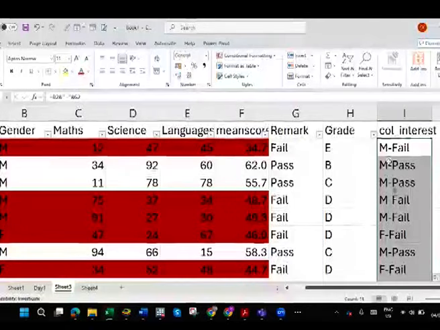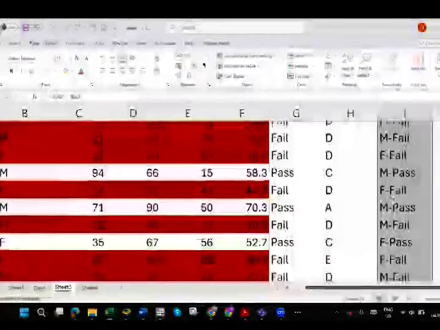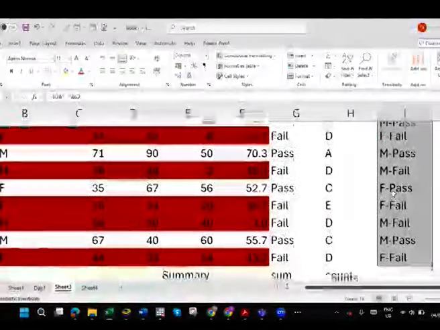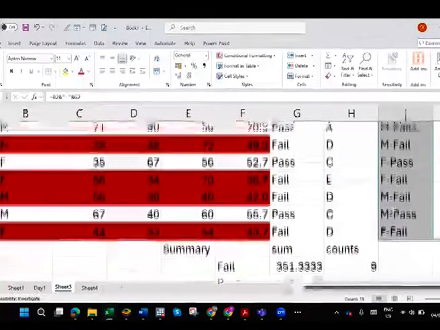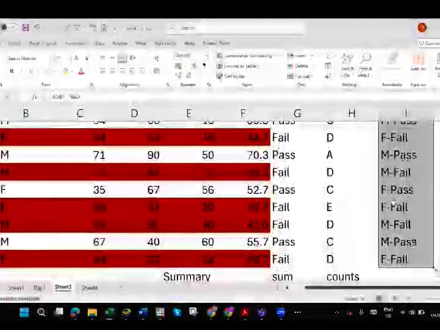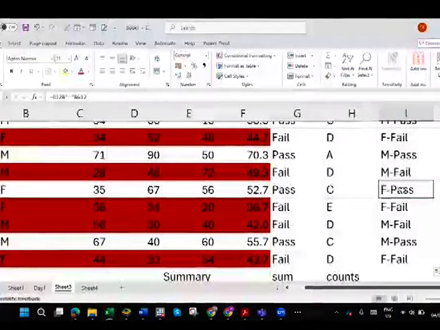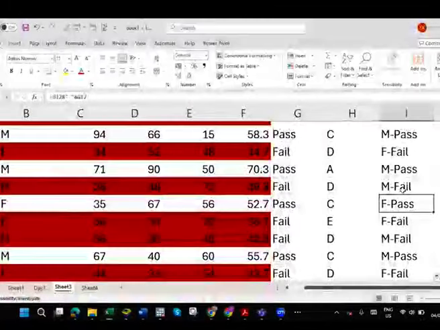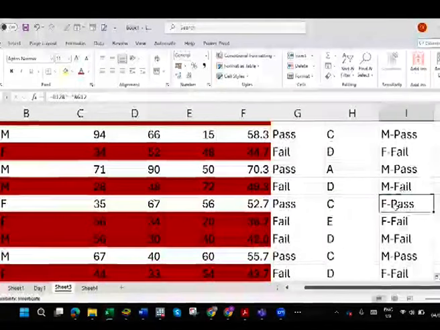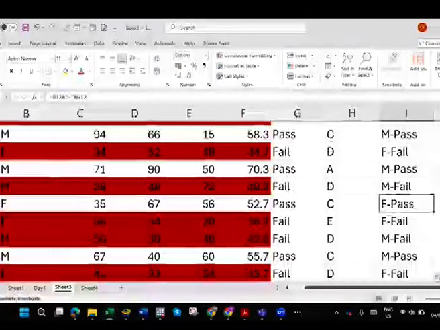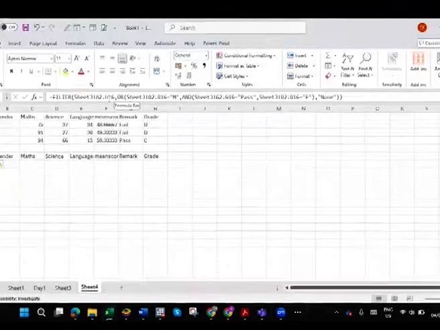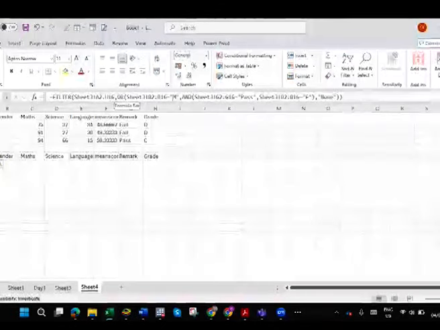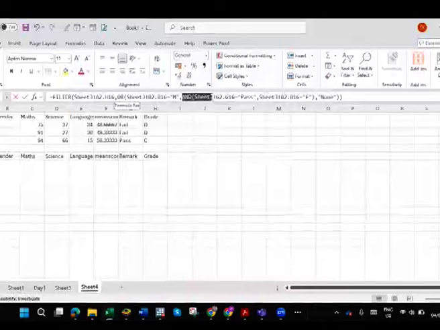All male. And female pass. F pass. So the one that starts with M or F pass. And that's it. That will give us all those guys. So I wanted this or to